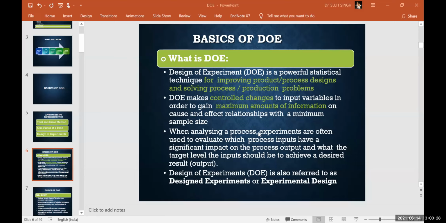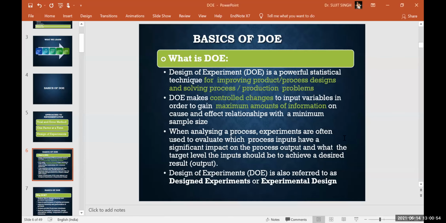When analyzing a process, experiments are often used to evaluate which process inputs have a significant impact. It may happen that all the inputs don't have the same impact. Some impact the output in greater terms, more significantly.